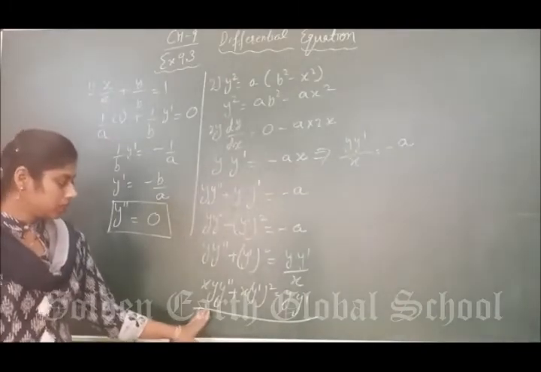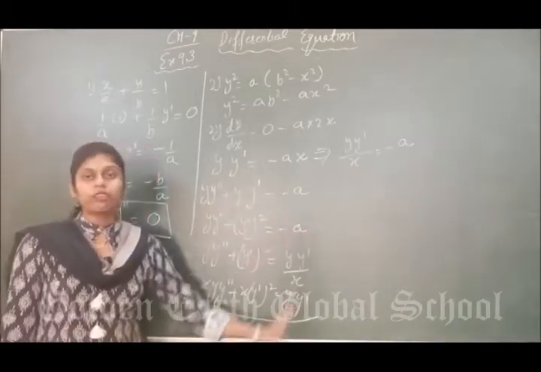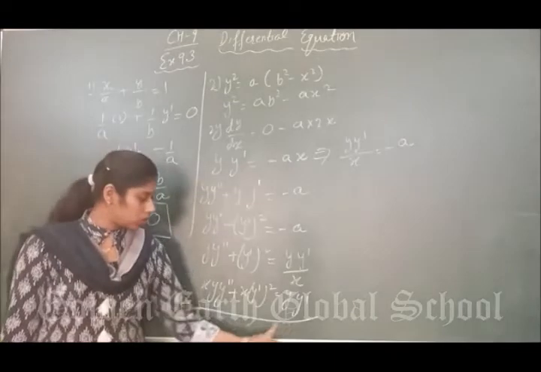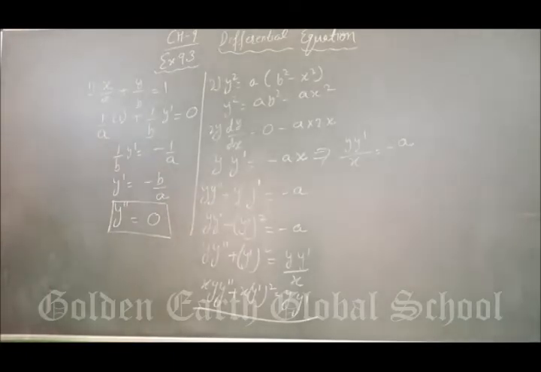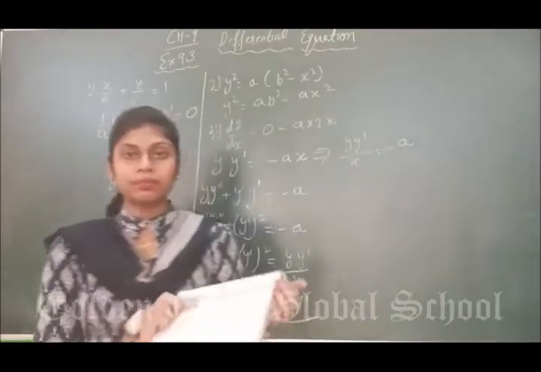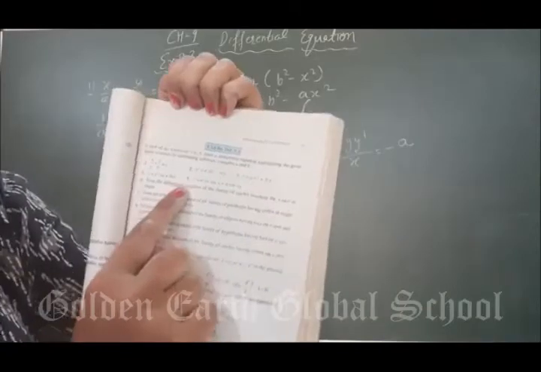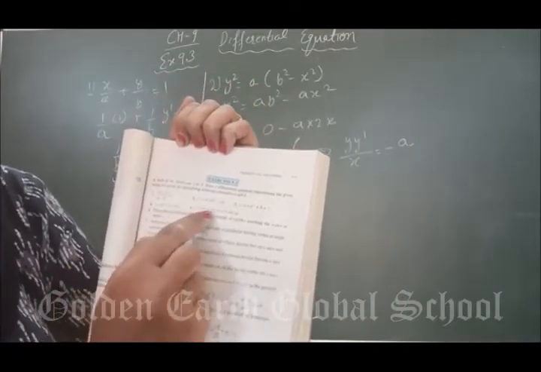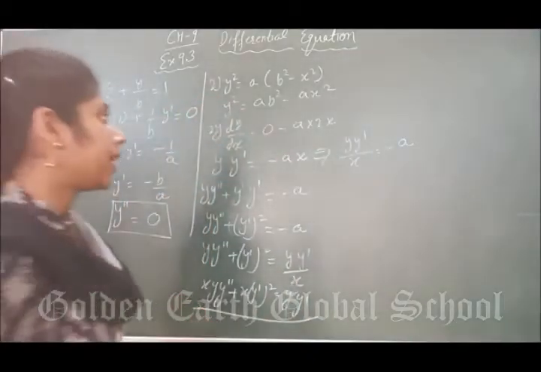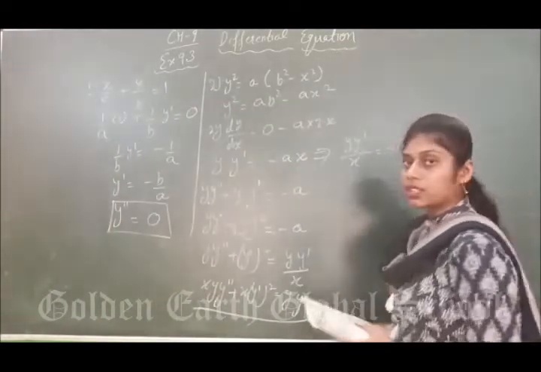So this is your differential equation. This equation has no constant. There are only x and y, two variables. So this is your solution. Clear? So in all the questions, you have to take the derivative up to as many as the number of constants. Next question. Third, fourth, fifth are all the same. You have to take two derivatives here, again two here, and again two here. And at the end you have to eliminate the constant terms.